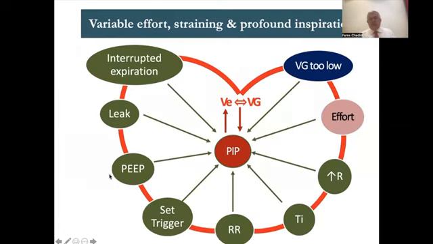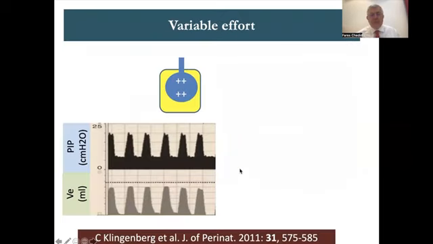So now we spoke about everything. We still have 2 points to present. How do the efforts of the patient affect the PIP? Here is a patient, you see from this graph, this patient is doing no negative pleural pressure at all. He's totally sleepy, not active, probably sedated, whatever it is. The patient is doing no activity at all. The machine is doing the whole effort, and the volume is stable all the time. That is good.